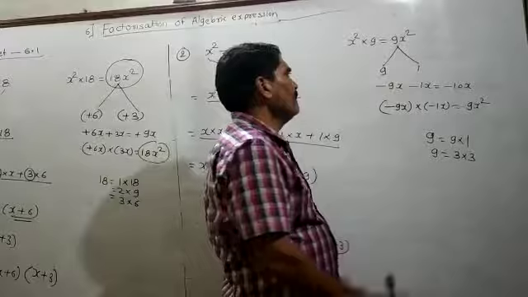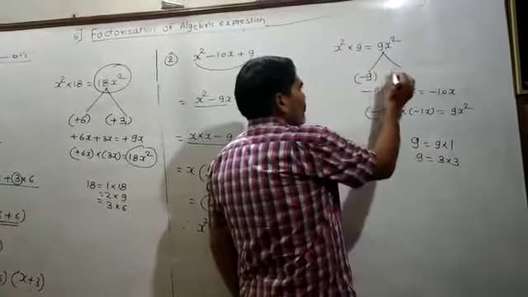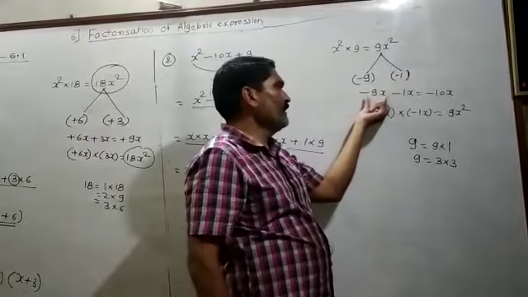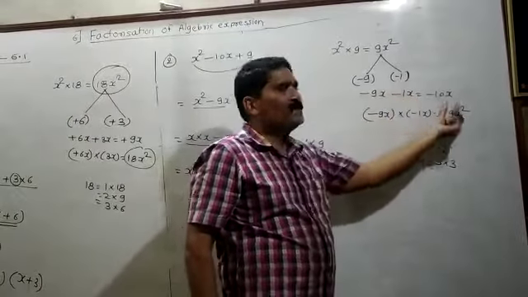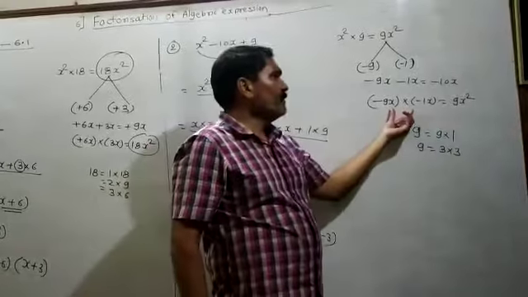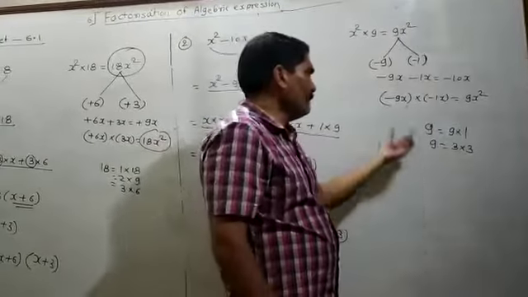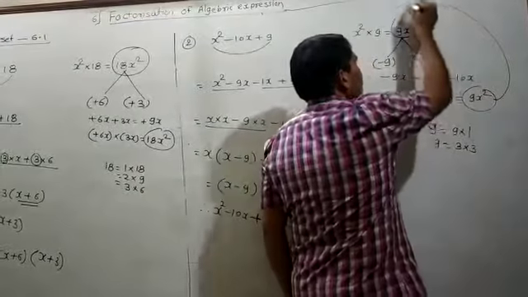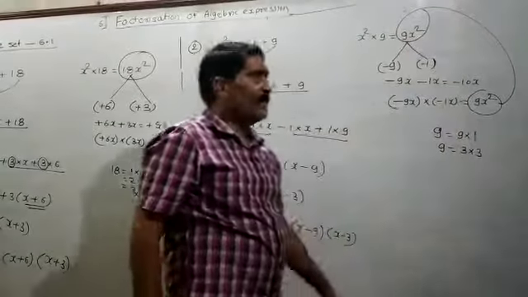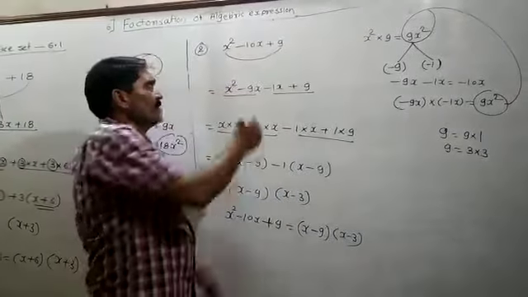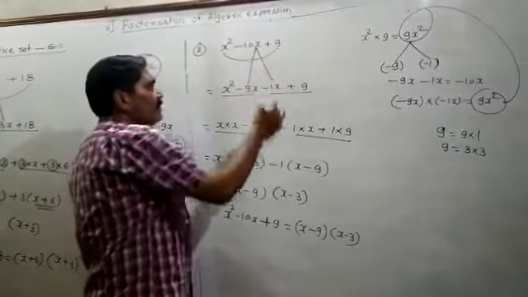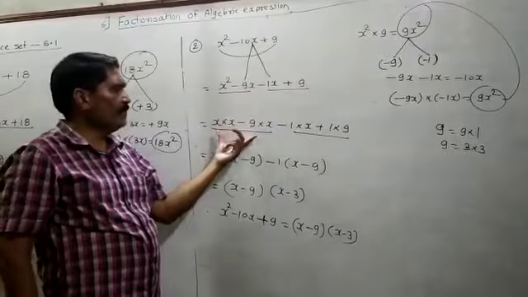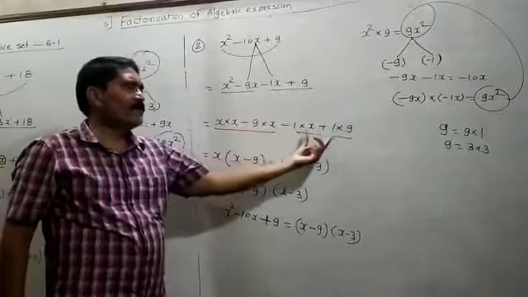If I take this as minus 9 minus 1, at that time the sum will come minus 10x. So I will take this as minus 9x minus 1x is equal to minus 10x, and the product has to come 9x square. This minus 9x multiplied by minus 1x is equal to 9x square, this one is coming same. So once these factors come correct, at that time write this minus 10x as minus 9x and minus 1x. Then do the group of the first two terms, group of the last two terms. Write the first two terms in product form, write the last two terms in product form.